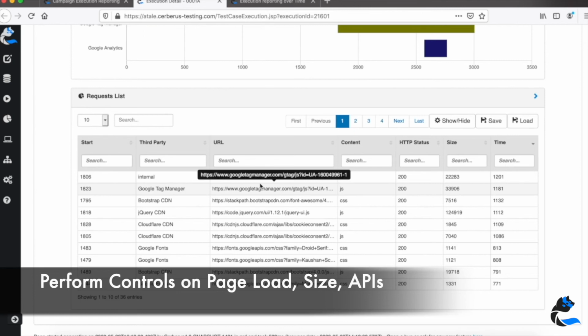With Cerberus, we have the network traffic that can be collected natively, and this enables you to implement action and control based on this content. And here I will show that you have access to all the information automatically that you normally access manually in a browser. But what you can do after is implement a series of controls on those various types of content, HTTP status, size, etc., to, for example, say, I want my test to fail if my home page is loading in more than 3 seconds.